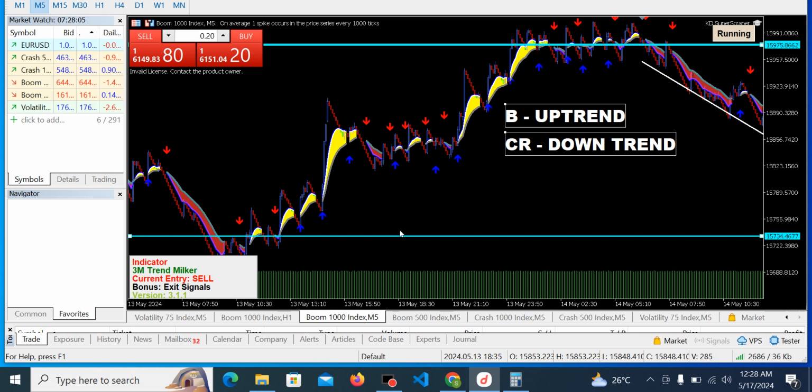You can apply the same principle whenever you are trading spikes in Crash, just that it's going to be the other way around. It's going to be from the resistance zone when the market is going on a downtrend. You just need to start setting up more sell orders from the resistance zone, and of course you make more profit as it crashes down the trend. This is very, very important. Just follow instructions and you will be able to get it right. If you are having this trading tool, try and practice this today.